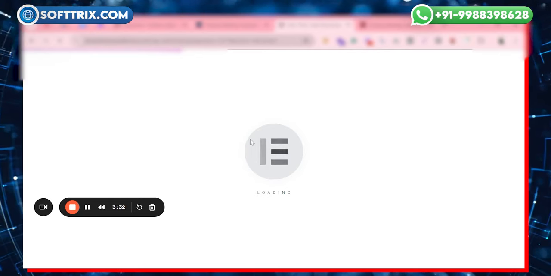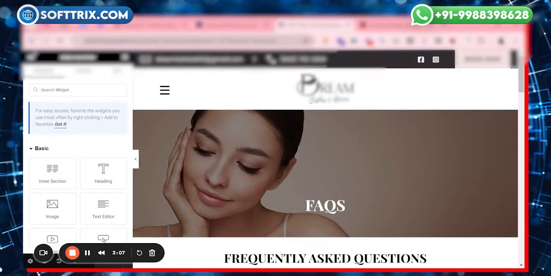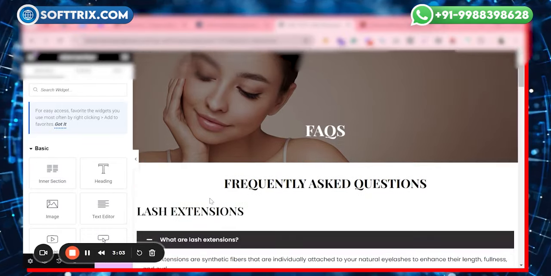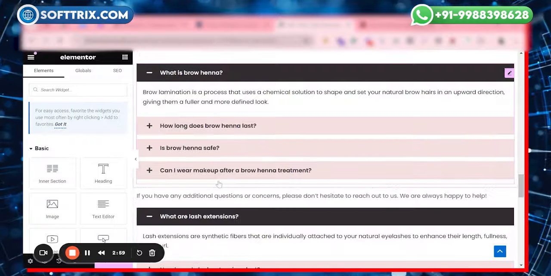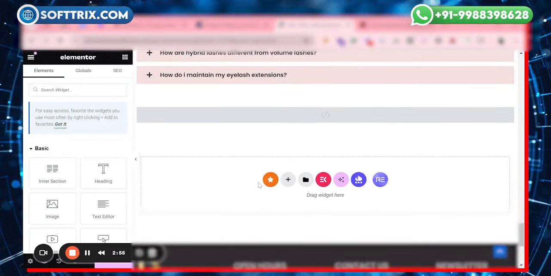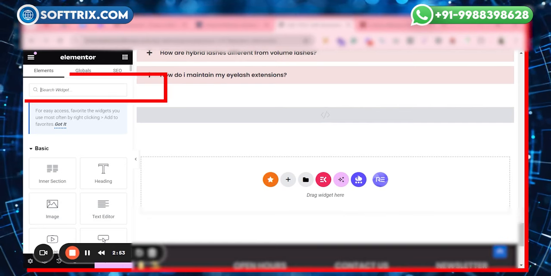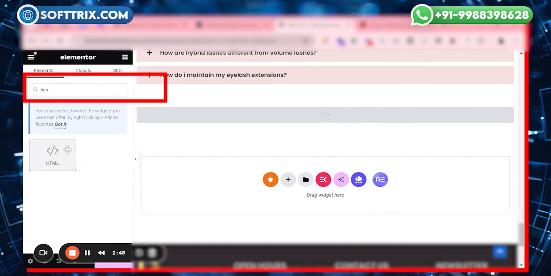Wait for a while till it completely loads. Once this is done, we need to add a new HTML widget into the page. Scroll down to the bottom and here you can find the widgets. You can search for the HTML widget in the left side search bar and click on it.